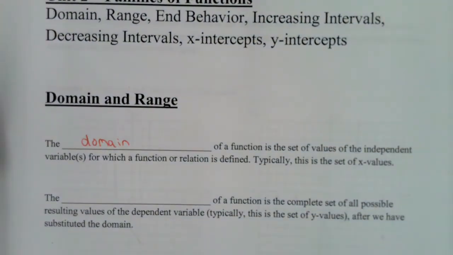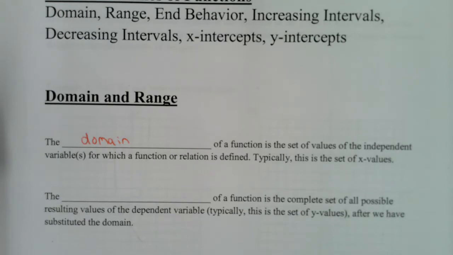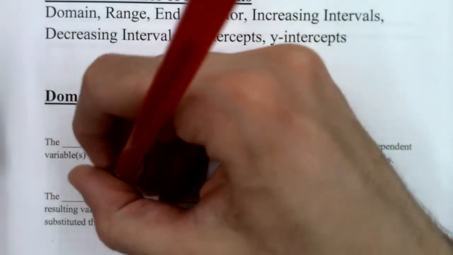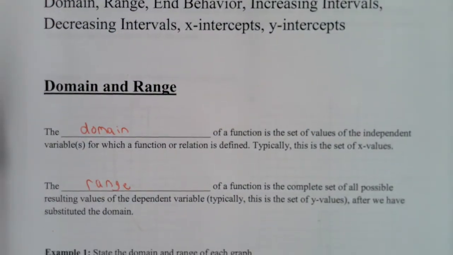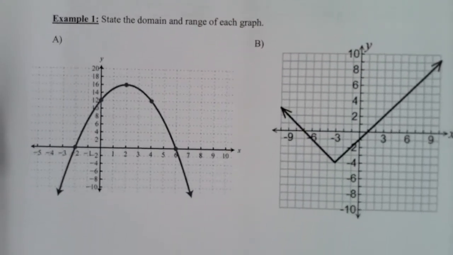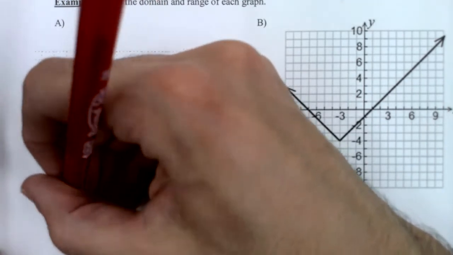And the second definition is range. The set of values of the dependent variable. Typically, it's a set of y values. Okay, so range. And so for example 1 and example 2, you're going to have to state the domain and state the range, okay? So example 1a,